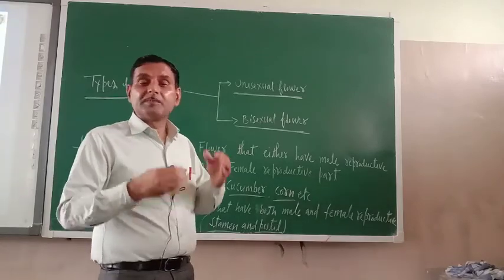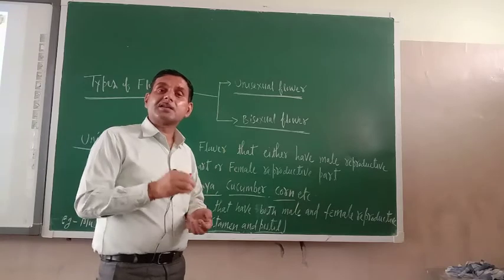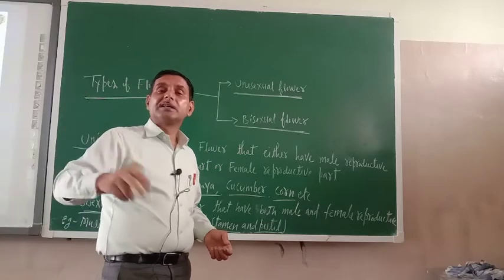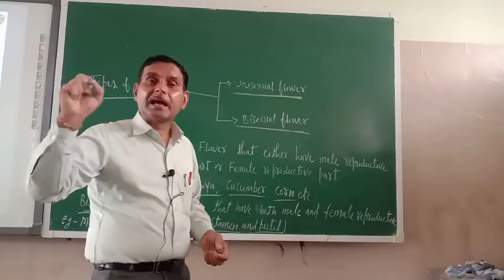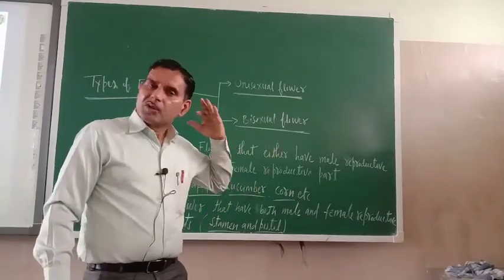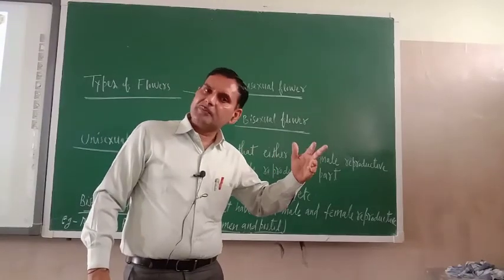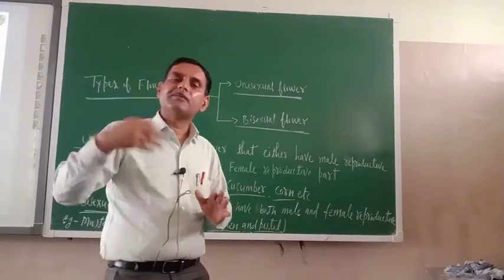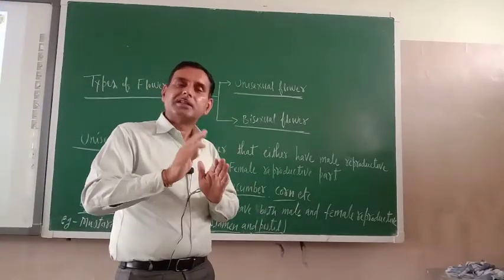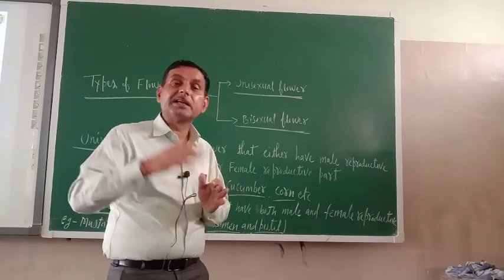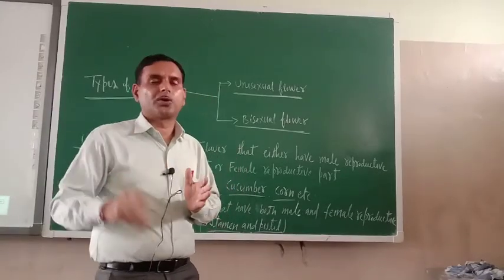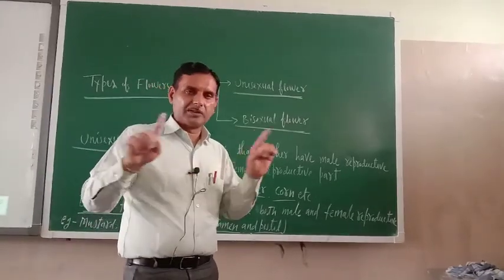Similarly, inside the ovary, there are so many ovules, and they are the female gametes. So in the reproduction of a flower, the stamen will produce the male gamete and the pistil will produce the female gamete. And when male and female gametes fuse together, that process is called fertilization, and the structure which is formed after that is known as the zygote. You will study, don't worry, all those things I will show you.